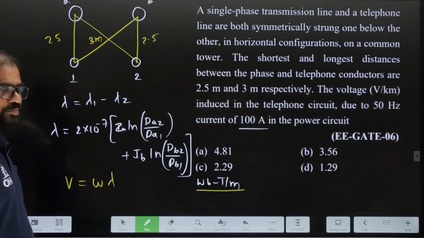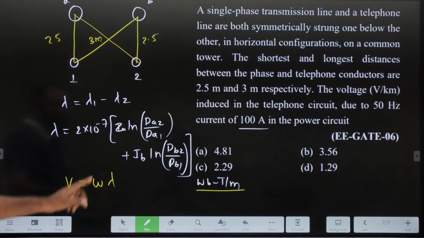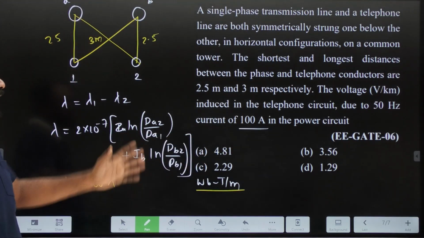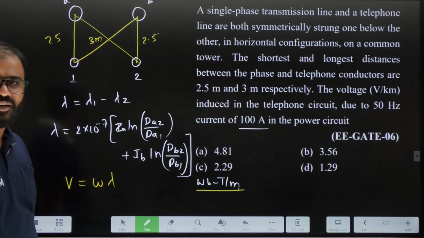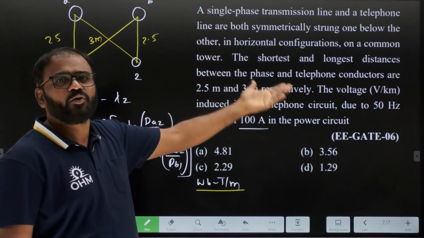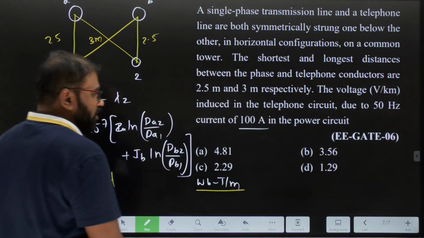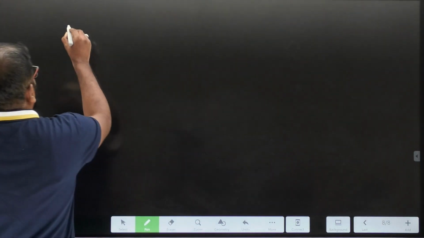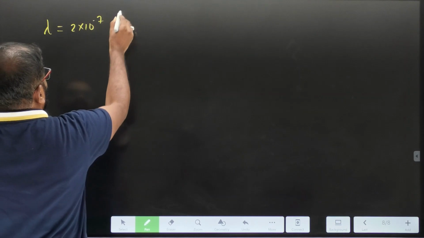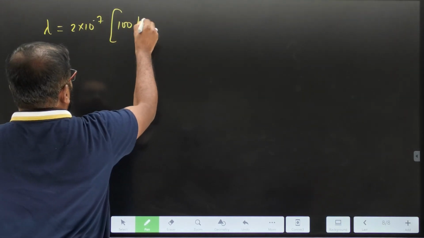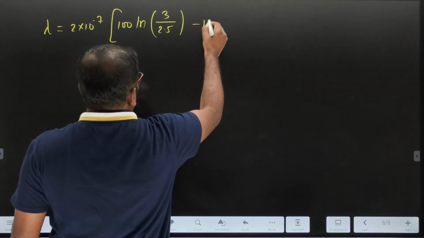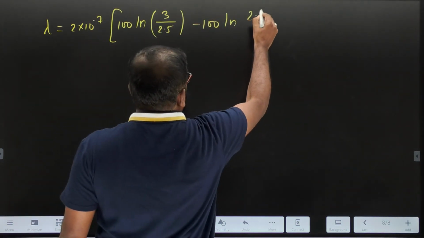Chalo, now we'll go for the substitution. Let's say IA is 100 ampere. What is IB? Since it is a single phase line, IB is minus 100 ampere. Correct or not? For a single phase line, IA equals minus IB. If IA is 100 ampere, IB equals minus 100. So let's substitute that. Lambda equals 2 into 10 power minus 7, times 100 amperes into ln of dA2, that is 3 meters by 2.5, minus 100 ln of 2.5 by 3,